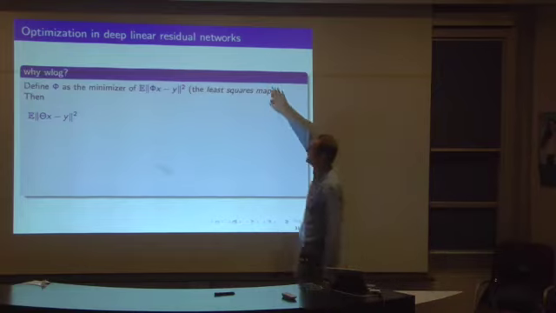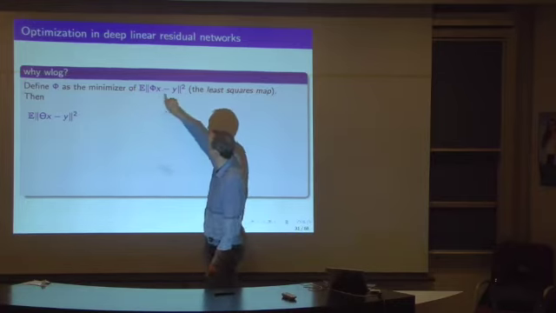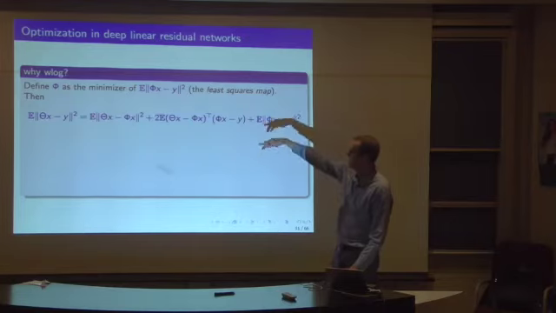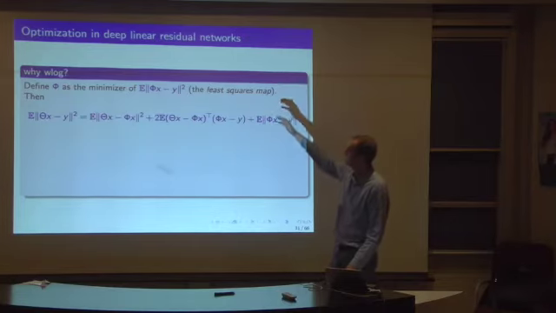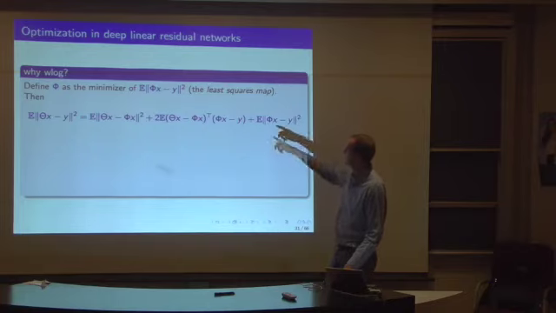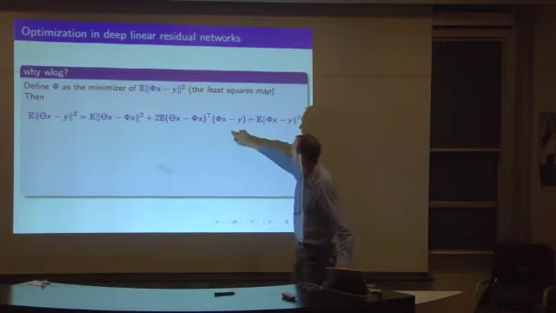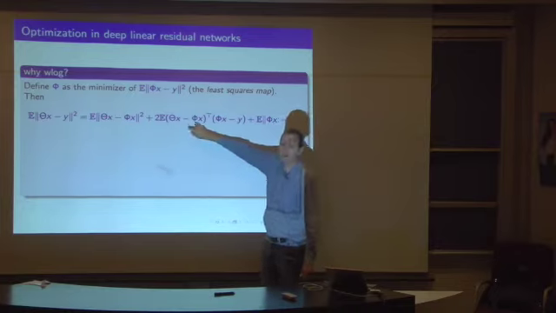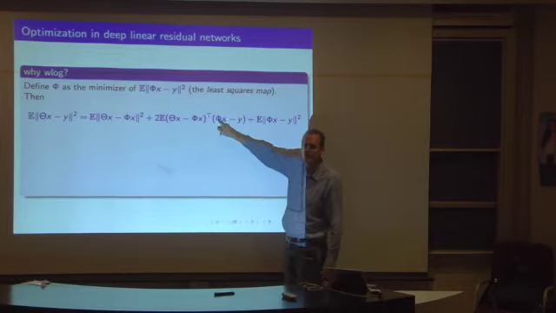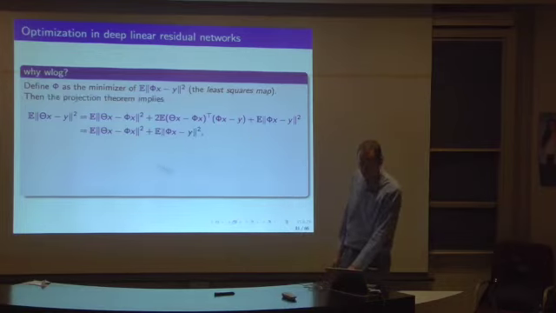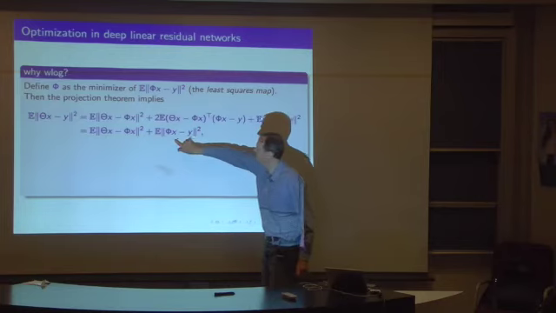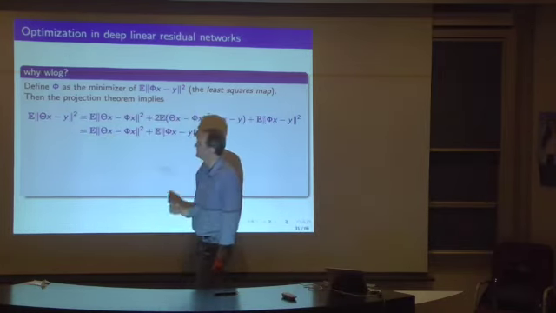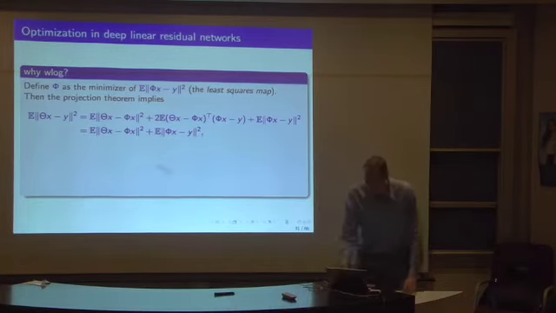So, if we just think of the least squares map as this phi, the minimizer of this thing, then we can write the squared error, just splitting it up into theta x minus phi x plus phi x minus y. The projection theorem tells us that if this is the least squares map, then everything in this linear space is orthogonal to that, or we could have done better, right? So the middle term goes away, and we just get a term that doesn't depend on theta at all. And obviously, if we're working with this criterion, we may as well work with that one and assume that y equals phi x.